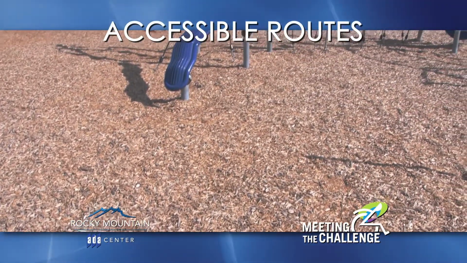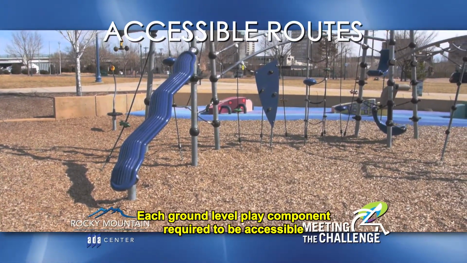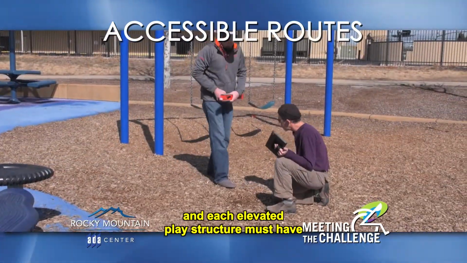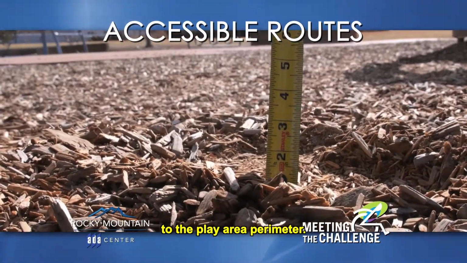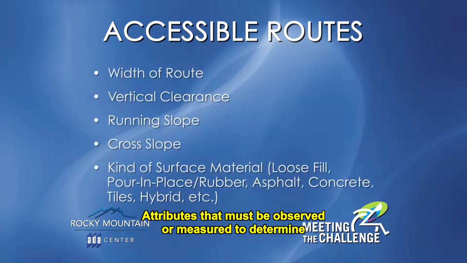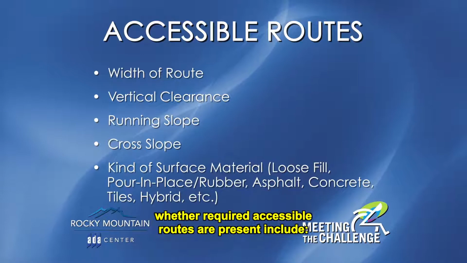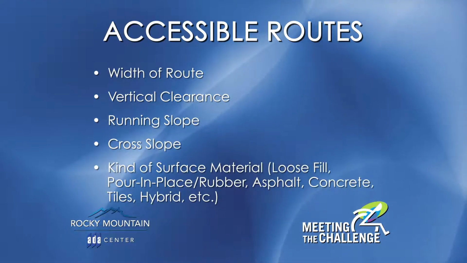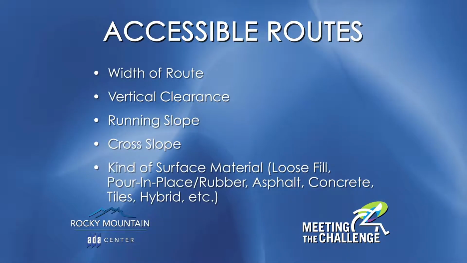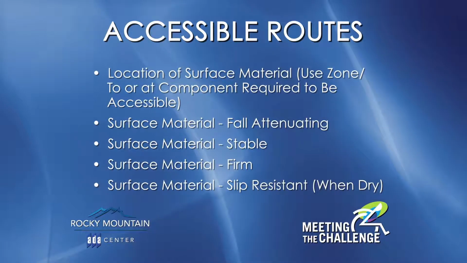Accessible routes. Each ground-level play component required to be accessible, and each elevated play structure must have an accessible route that connects it to the play area perimeter. Attributes that must be observed or measured to determine whether required accessible routes are present include width of route, vertical clearance, running slope, cross slope, kind of surface material, location of surface material,